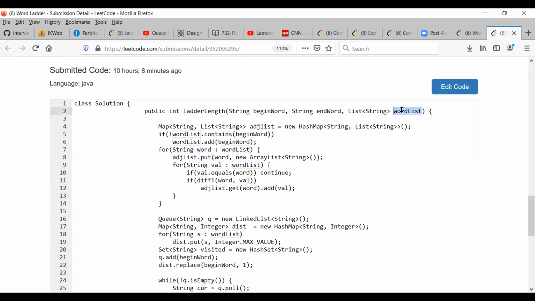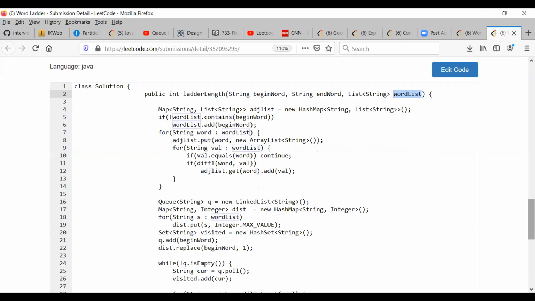And when we use it, we do the word list dot get index. That is what you mean, right? If I understood correctly. Actually, if you have created the adjacency list of integers itself, you don't have to do any string comparisons in the BFS. Yeah, that will be the optimized version. That makes sense. I never thought of that.